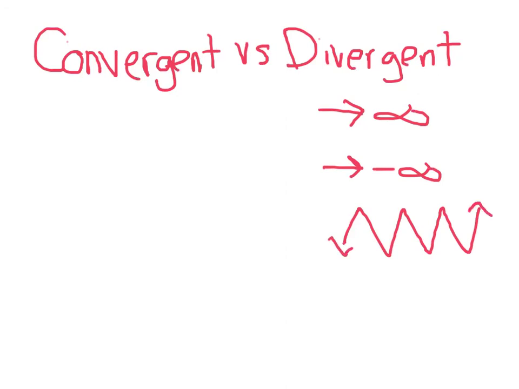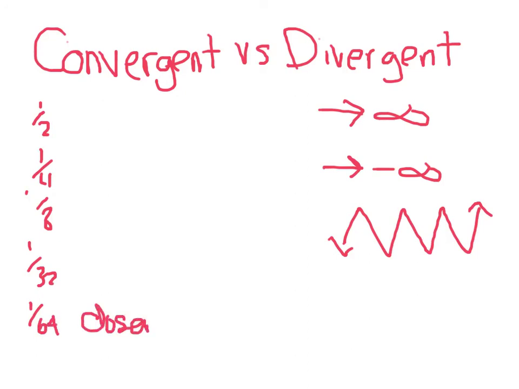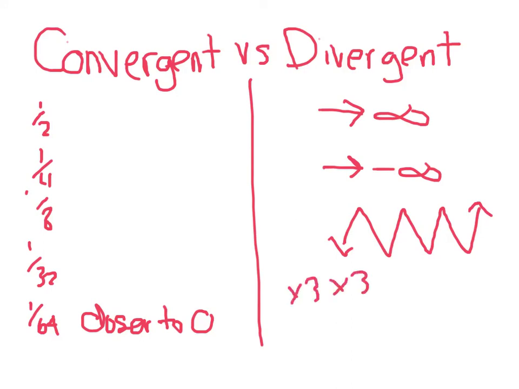So a sequence that's convergent will get smaller and smaller and approach a single number, like that example we just did where we kept timesing by a half. If you take half of a half, you get a fourth, and half of a fourth, you get an eighth, and so on. And this is just going to keep getting closer to 0. So this is an example of a convergent series, whereas the other one, where we are timesing by 3 each time, it just is getting bigger forever, and so it's headed exponentially,